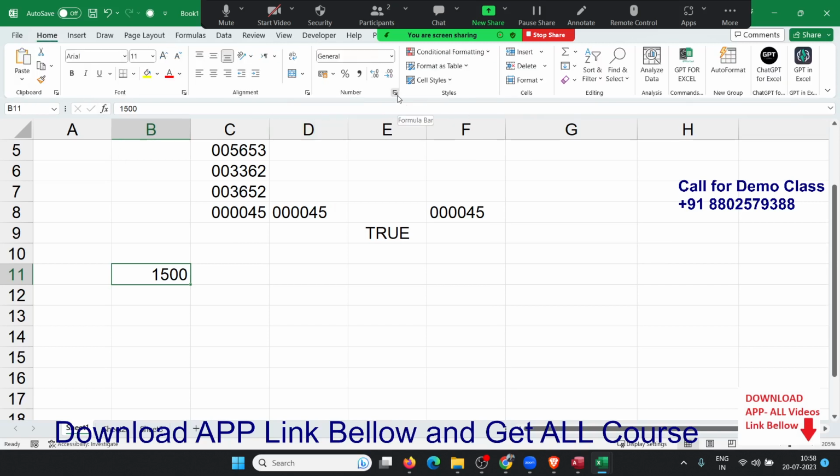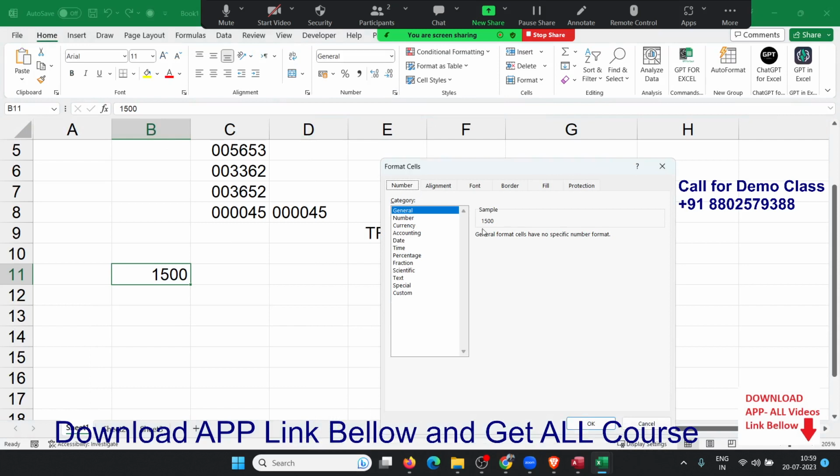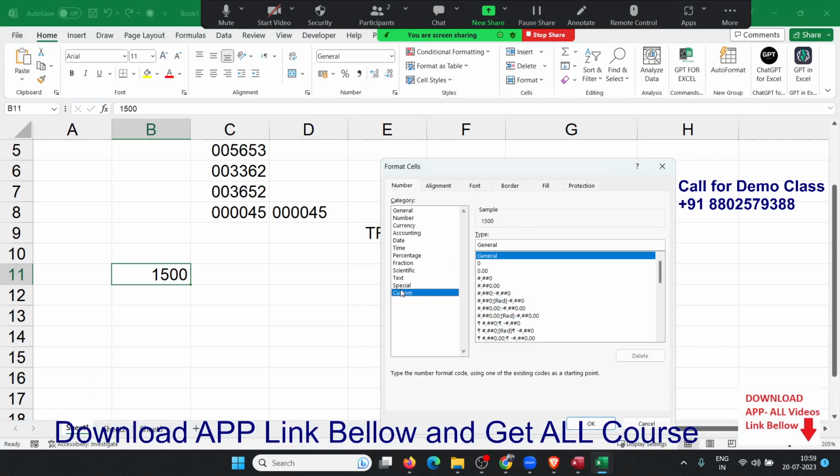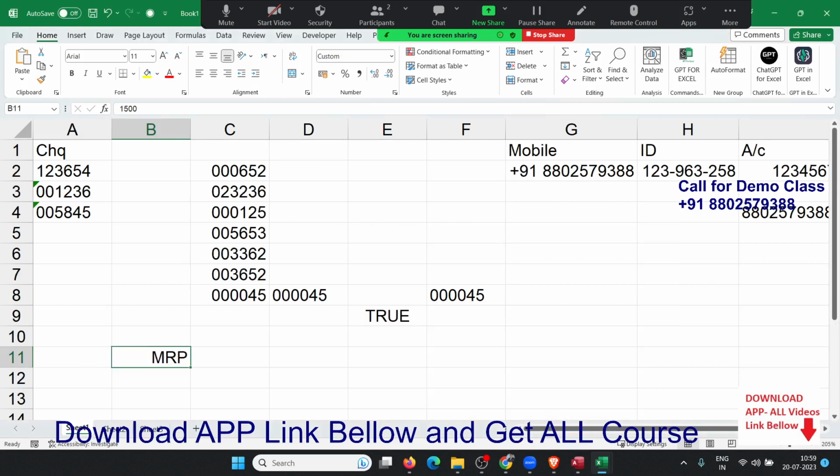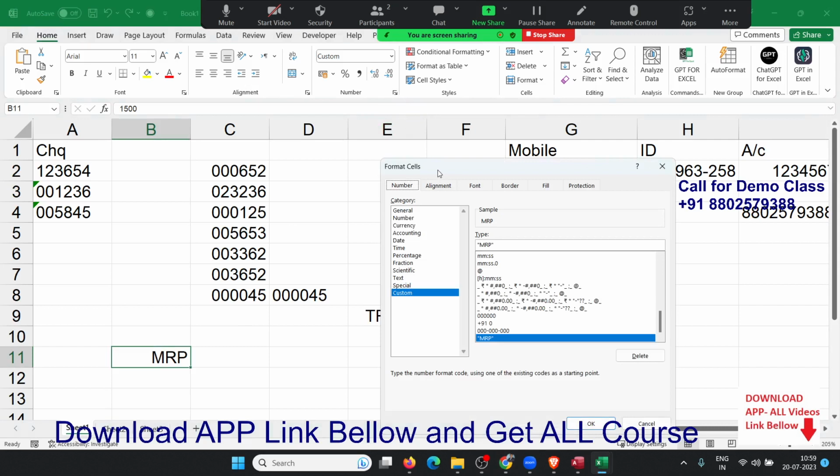So on Home, I go to the Number group and here is the Custom option. Now we have typed the MRP in the inverted commas and pressed enter. You can see it shows the MRP because I have never entered any type of zero. Okay, so do you want to show the number? If you want to show any prefix, suffix, or text with a number in the number format,